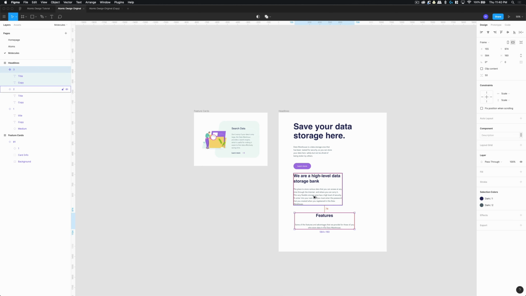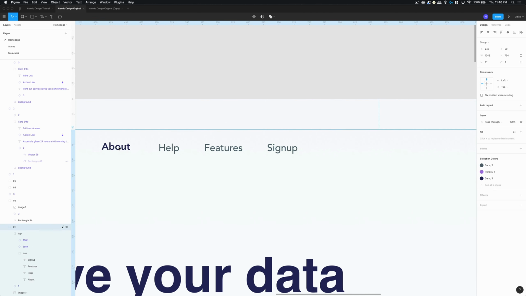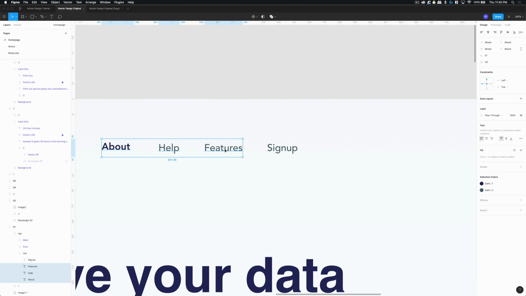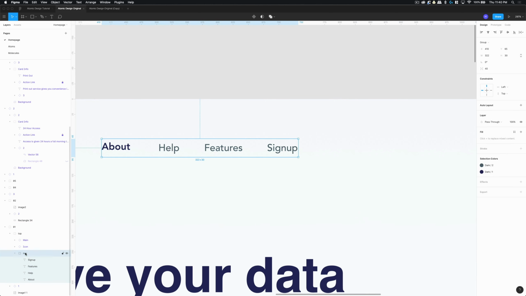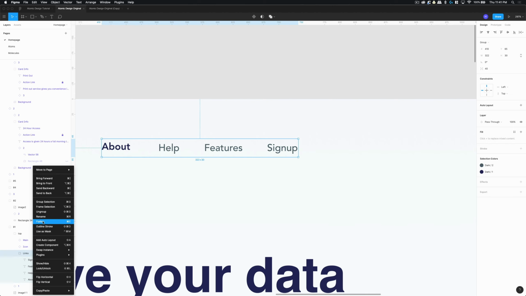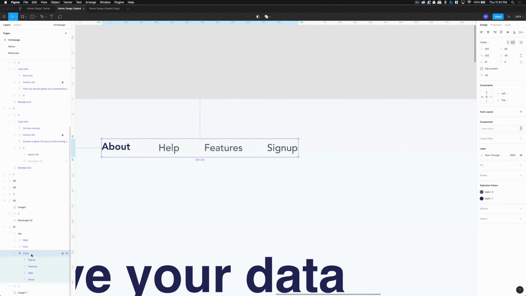Let's come up to the top. Let's go ahead and just select these navs. Looks like there's already a group here, so we just call this nav links. Or actually just call it links. We'll do create component, Command D, cut the master out, come into our molecules, create a new frame here called